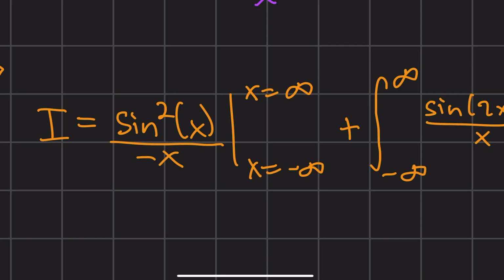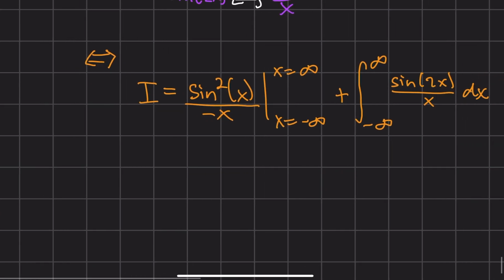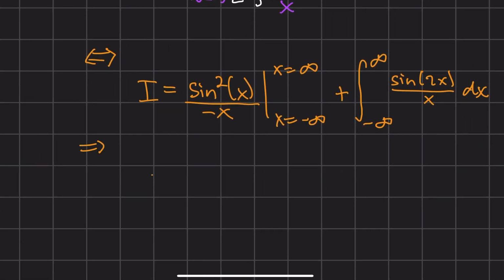All right, cool. Now looking at this over here, let's do some limits in our head. As x gets really large, notice the sine squared is bounded between 0 and 1, so we can look at it as a constant because it doesn't go anywhere. And negative x takes over, going to 0. And the same is true for negative infinity. If x is getting arbitrarily large but in the negative direction, we're still getting close to 0. So this entire term here goes to 0. So what implications does this have? Well, it implies that I is equal to 0 plus